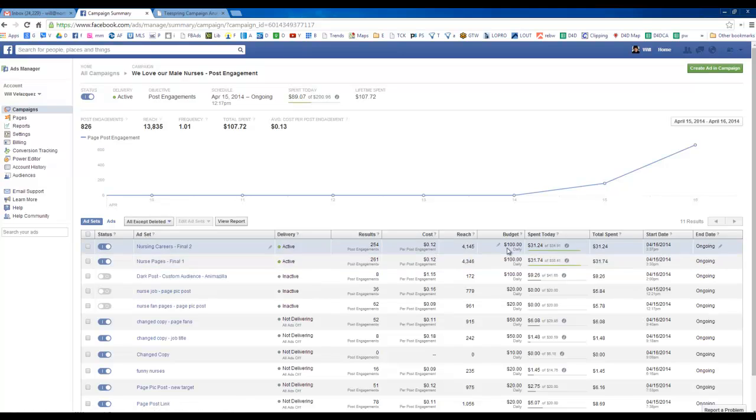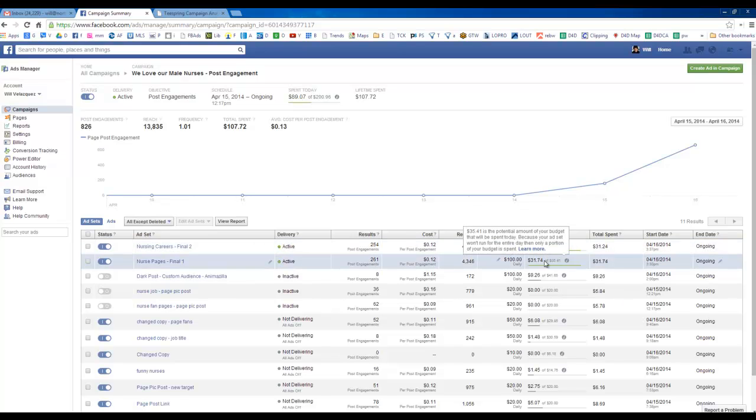I increased those ad budgets to $100 daily, which Facebook has done something new as of recent, and that is it doesn't matter what time of day you start. Before, if I would have created a budget of $100 at say 3 o'clock in the afternoon, it would have used that whole $100 before midnight. Now what it does is it basically divides up your budget by the time of day that it is. So, say for example, 60% of the day is gone, it's only going to allow you to use 40% of that budget. So if you're wanting to use more, then you should increase your budget.